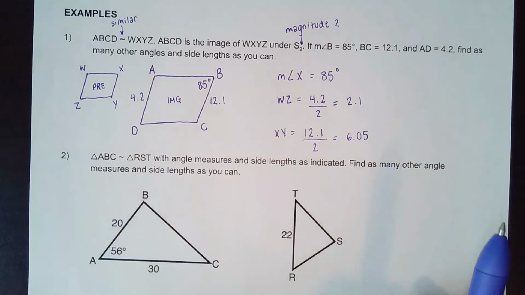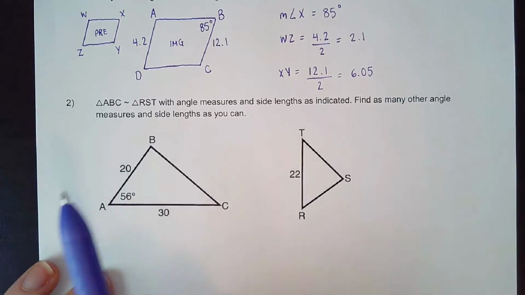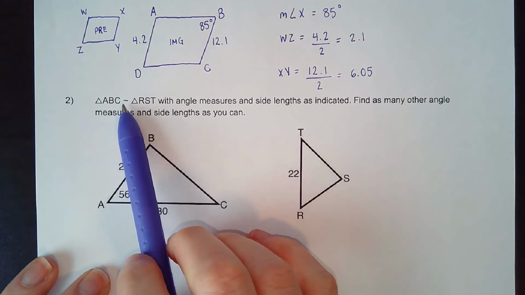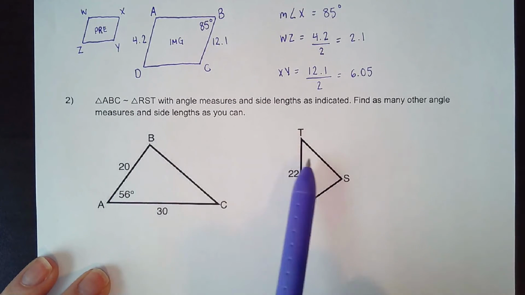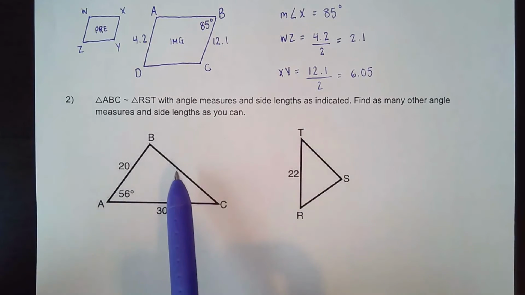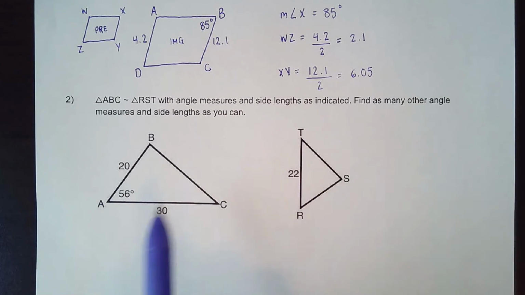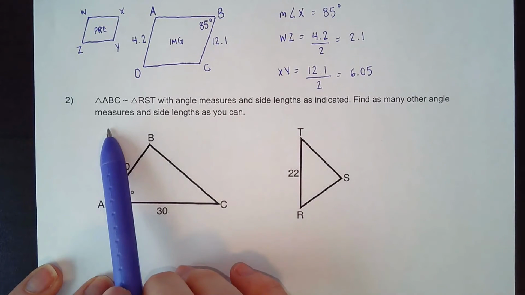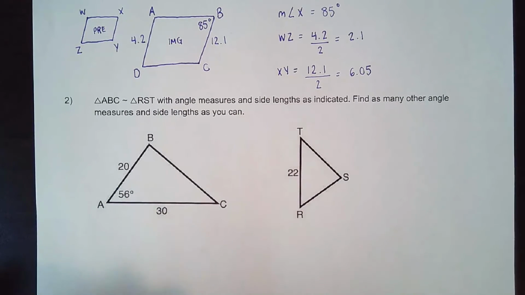Let's take a look at one more example with similar figures. So here, triangle ABC, again, this is my symbol for similar. So I know that these 2 triangles are similar. So they're the same shape, not necessarily the same size. Once again, we are asked to find as many other angle measures and side lengths as possible. Let's go ahead and start with angles. I'm given